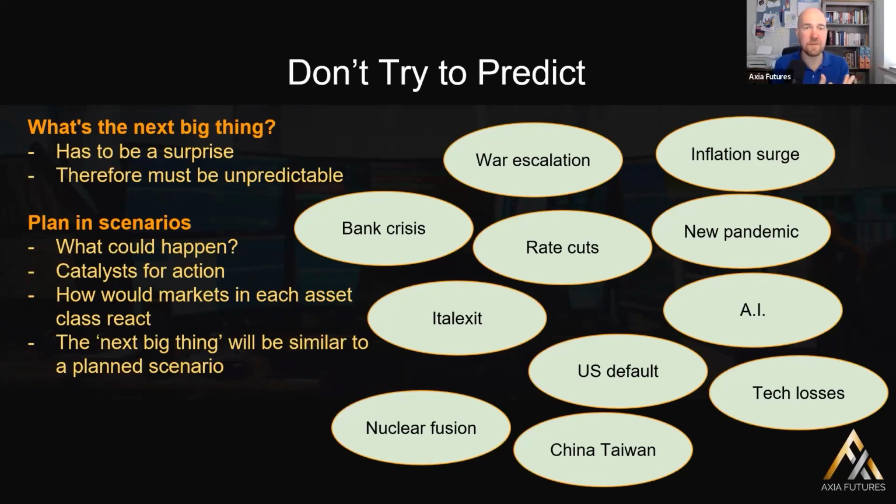The point here being that if you plan those things out, you're enabling yourself, whatever happens, to be able to say, well, this is similar to a plan that I've got. And you then know how to transact with that. If you don't plan these things out, you don't know what to do. And by the time you've worked out how to deal with that environment and that change, the opportunity's gone. It's all lost. So don't try and predict what the cause is, but think of scenarios for the market impact of different types of scenarios. That equips you with how to deal with these types of things.